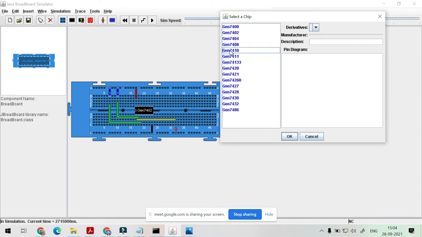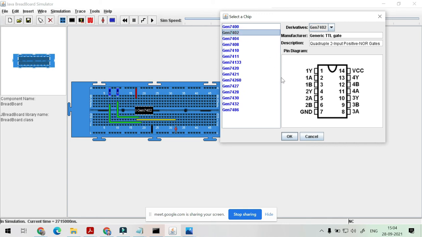See, we have to check the circuits properly, whether we have correctly provided the pin numbers or not. We have to provide pins 2 and 3 to the circuit, and after that VCC at pin 14 we have to provide as input, and ground we have to provide from pin number 7, and from here we are getting output.